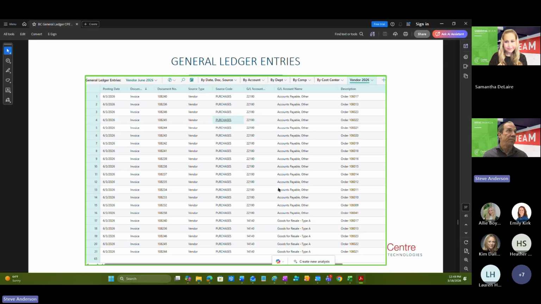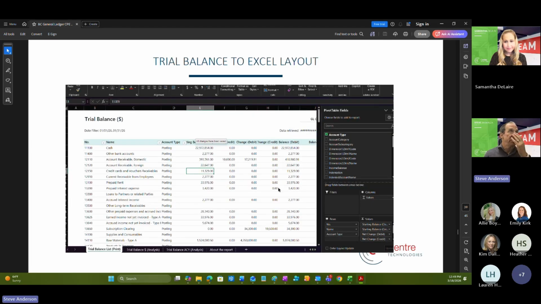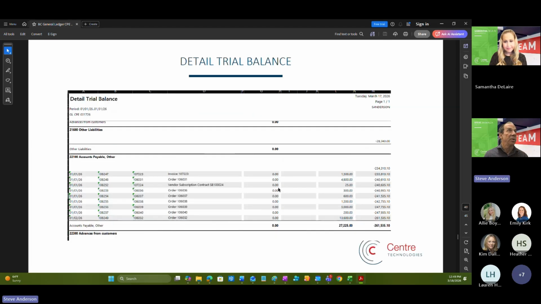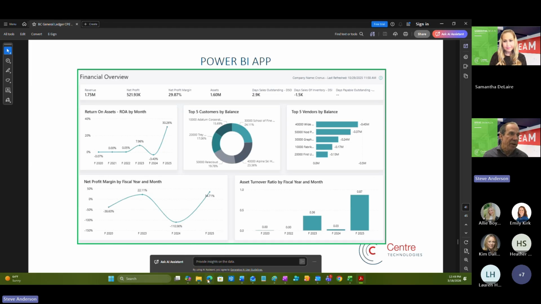Okay. Go through this one. Yeah, this is the report list that we were just talking about. Yeah, this was the trial balance, just making sure. Yeah, let's talk about Power BI a little bit. Now, in the GL, again, we're not really talking about financials, but I'll just stay on the screen for a moment, and then I'll pull it up on my screen. But